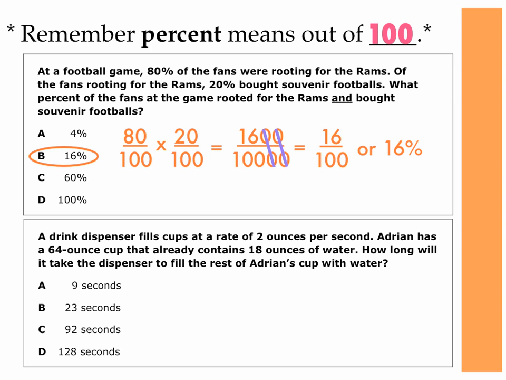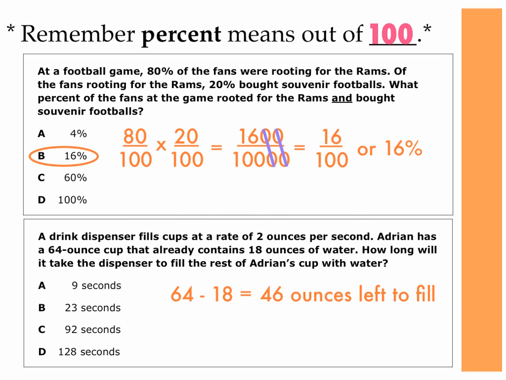I don't have 64 ounces left to fill, or Adrian doesn't have 64 ounces left to fill. He's already filled up 18 ounces worth of water. So the first thing I need to do is take 64 minus 18. That's how many ounces the cup can hold, minus how many ounces it already has, which means he has 46